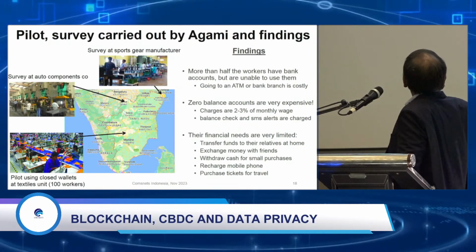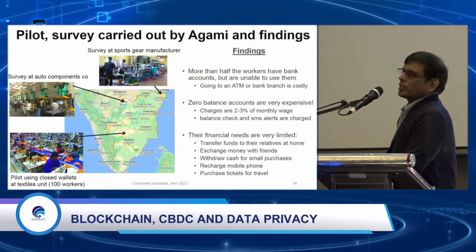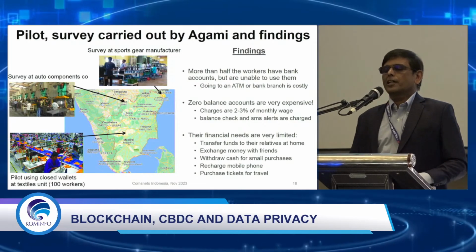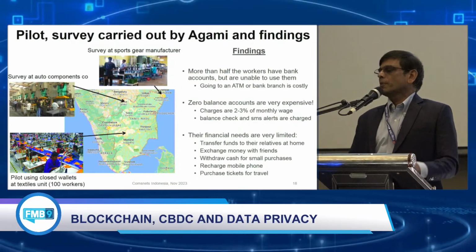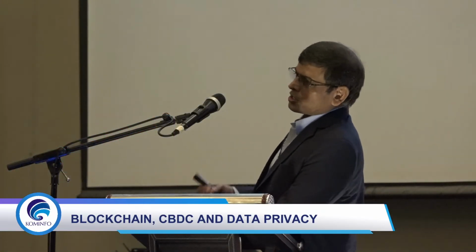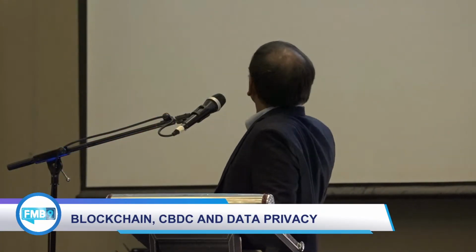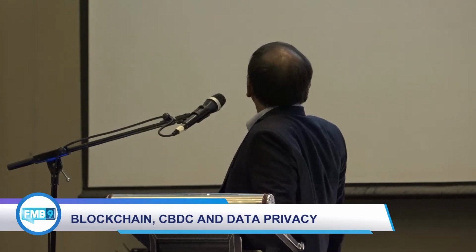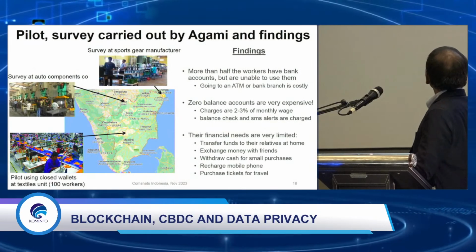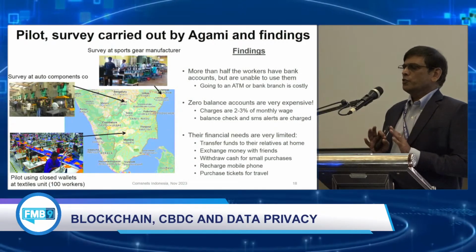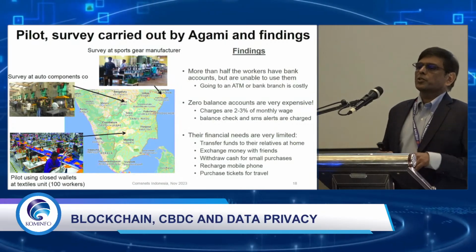So, but at the same time, we found that their financial needs are very, very limited. They typically get their salary, they transfer part of their money to their families back home. They withdraw some cash and use it for buying some things, and they recharge their mobile phones, and they may be purchasing tickets for travel, and then they lend money to each other. Basically, this is it. More or less, if you take these 5 use cases, it covers most of their requirements